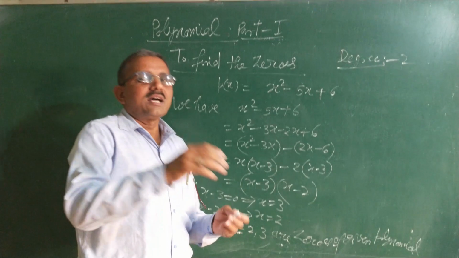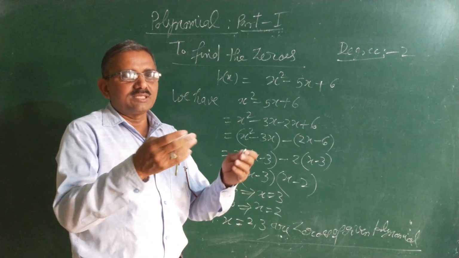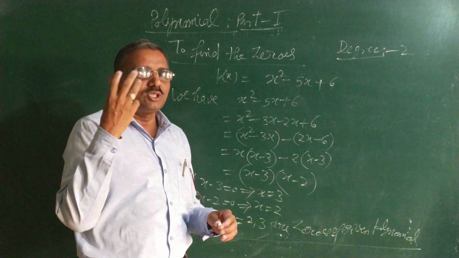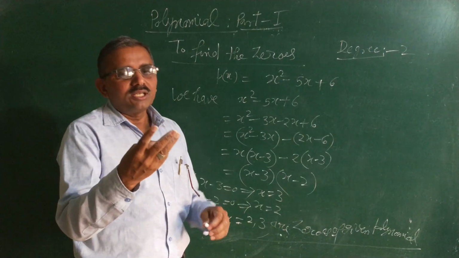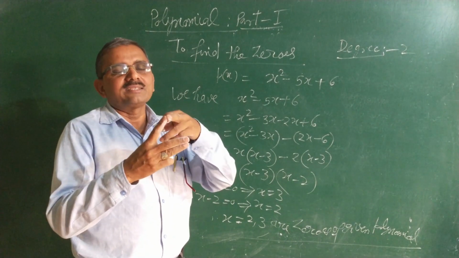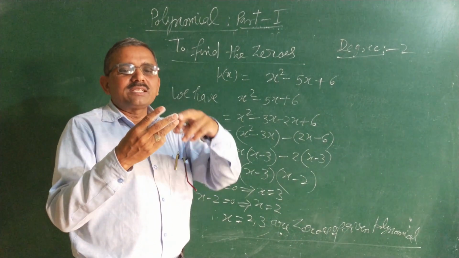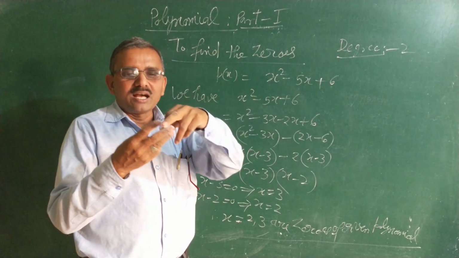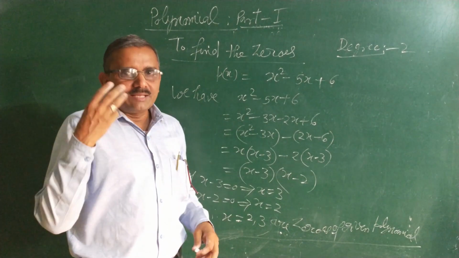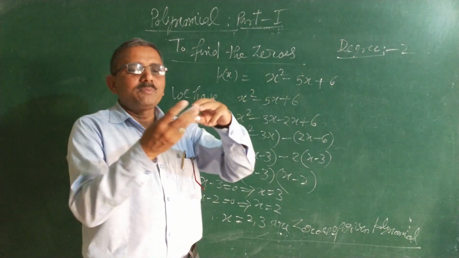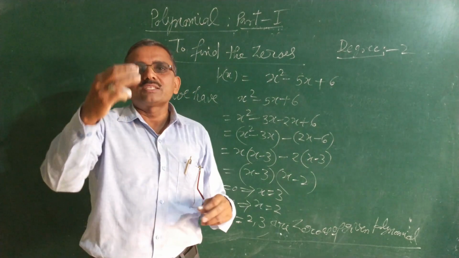Suppose that if the polynomial is of degree 3, then there should be 3 zeros, and out of 3 it may be possible that 2 are equal, 2 are the same and the other is different. It may be possible that all are the same. If the polynomial is a perfect cube, then all the 3 are the same. If the polynomial is cubic, then the 3 zeros may also differ.